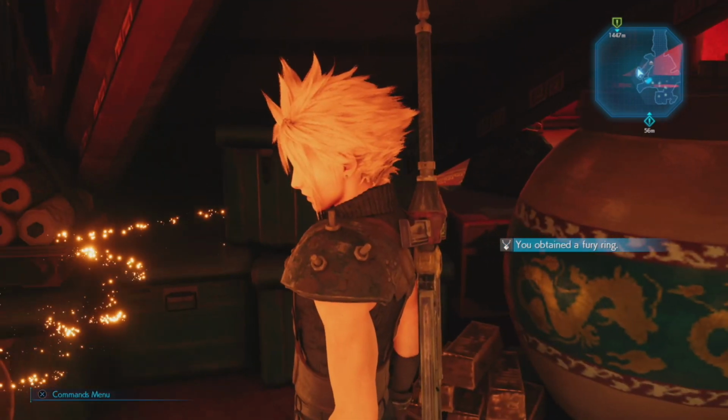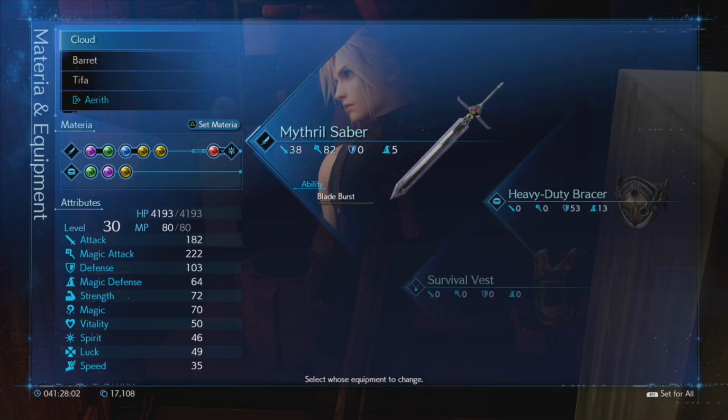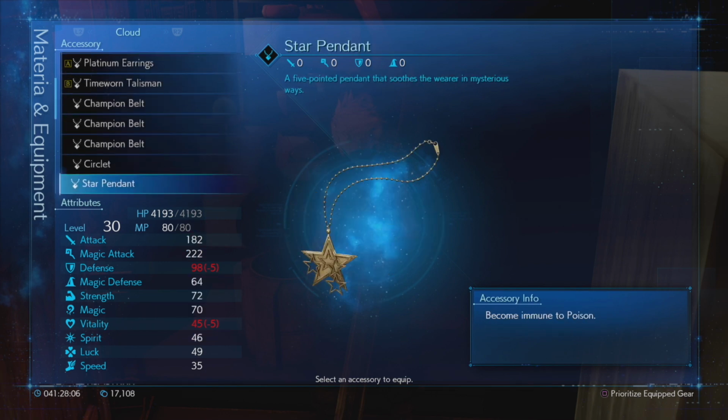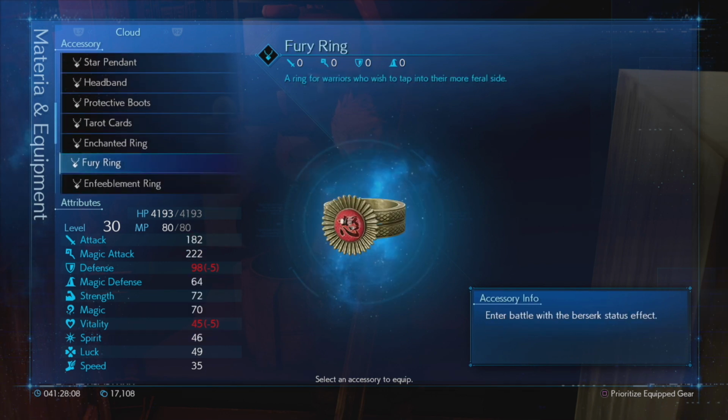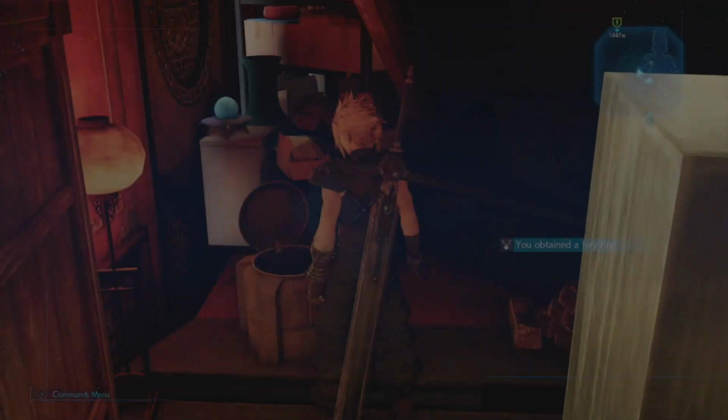A Fury Ring. What does that do? Wrong menu. Ring for warriors who wish to tap into their more feral side. Enter battle with the Berserk status effect. Ooh. Berserk is an interesting status